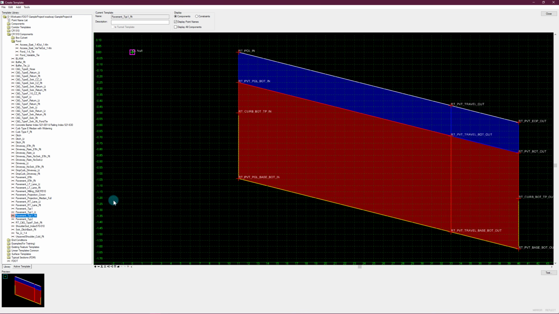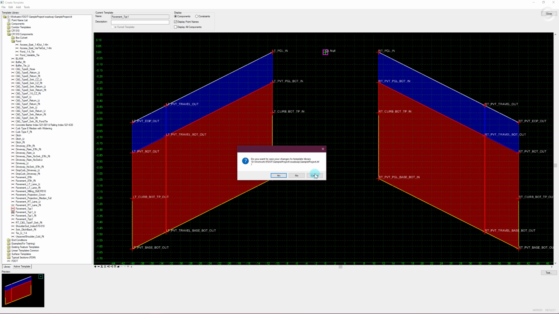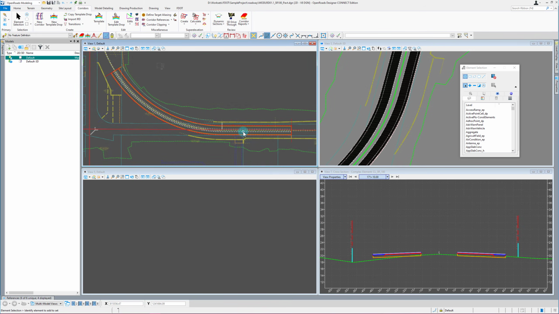Because they don't have end conditions, I wasn't too concerned about processing time. And I don't think you reduce your processing time all that much, whether you have one pavement corridor or two. But that's just one reason I've come across that I would split them apart. So let's close out of this now that we've looked at that. And obviously if you've made any changes, you can go ahead and save. So we did make that one change to that